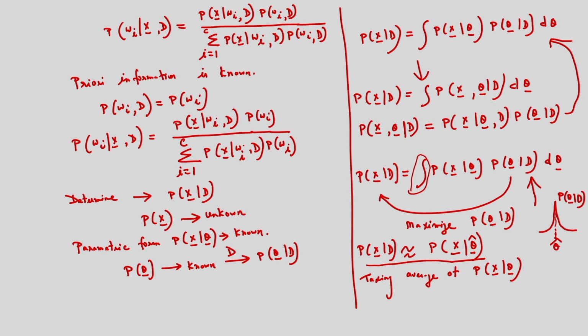So this is the basic concept of the Bayesian estimation. Both methods, the maximum likelihood estimation and the Bayesian estimation, will give almost similar results. So briefly I discussed the concept of the maximum likelihood estimation and the Bayesian estimation. For more detail you can see the book Pattern Classification by Duda and Hart. That book also covers the maximum likelihood estimation and the Bayesian estimation.